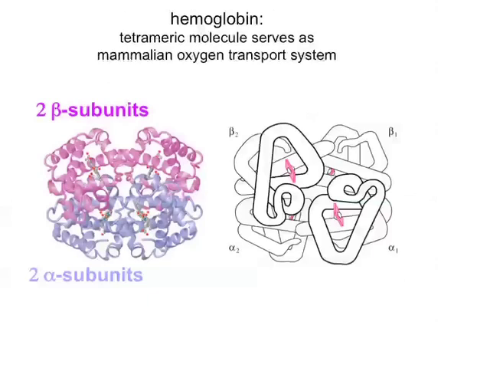That hemoglobin, tetrameric molecule, so 2 beta subunits, there I have them in this magenta, 2 alpha subunits in this bluish gray. We consider hemoglobin to be a tetramer, but we also consider it to be a dimer of dimers. So we've got an alpha 1 beta 1 dimer and an alpha 2 beta 2 dimer. You've got 4 monomers here, each with their heme. You can see the hemes here, 1, 2, 3, 4 hemes. This serves as a mammalian oxygen transport system. Obviously a much more complicated system than the monomeric myoglobin. What's the point of such a complicated